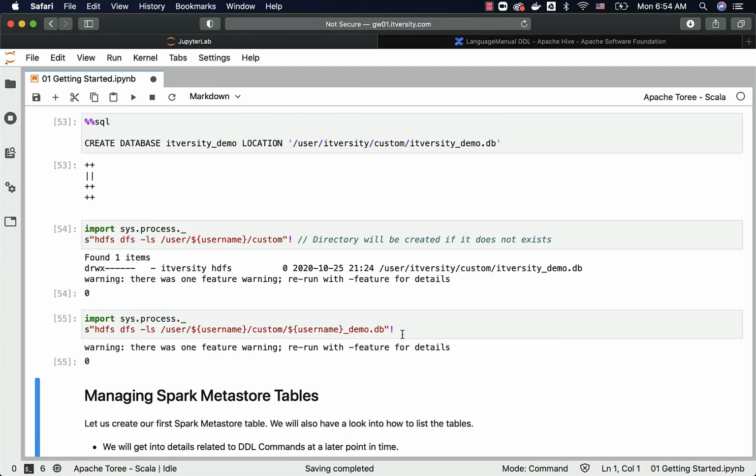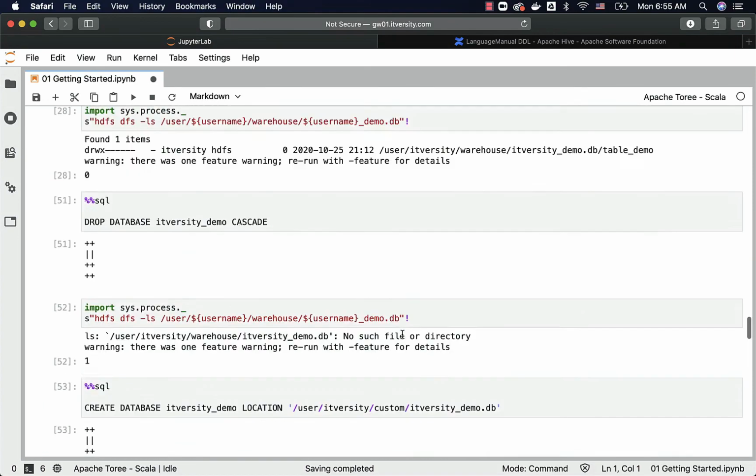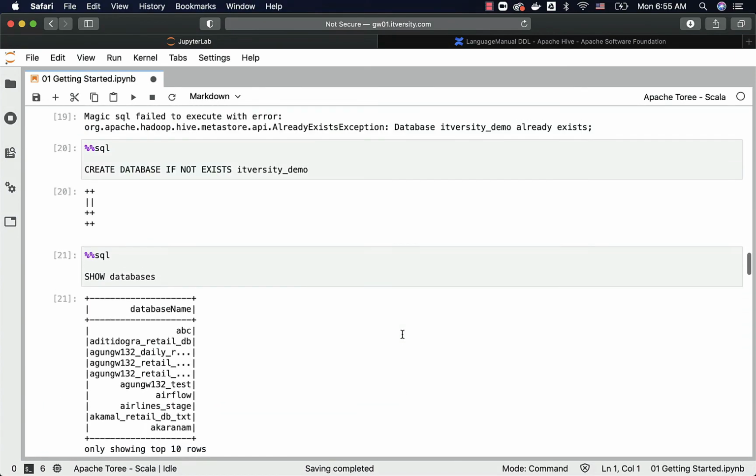This is how you should be able to create or drop databases using the create database command or the drop database command. You can use if not exists to ensure that the create database command doesn't fail if the database already exists. If the database doesn't exist and you don't want your drop database command to fail, you can use drop database if exists, and you can pass the database name which we have used at the beginning of this topic.